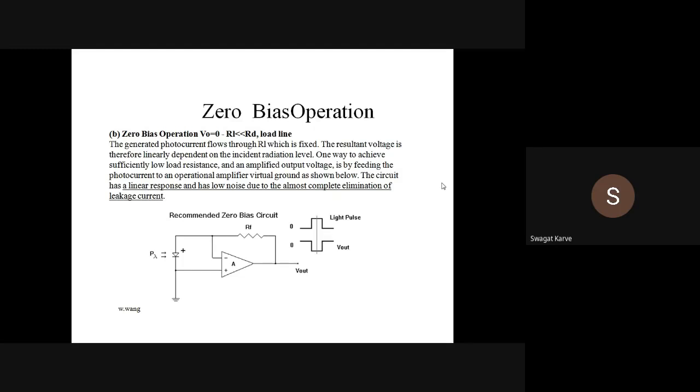So what will happen whenever you have that photodiode with you, whenever light is incident on that diode, then to amplify that, we have simply used here an inverting amplifier. Okay, here we have used the inverting amplifier. So whenever there is a light pulse, with the gain provided by that amplifier, you will get the inverted output, because we are using the inverting amplifier. So this is how the photoconductive diode works, and that resultant output is in the form of current, right?